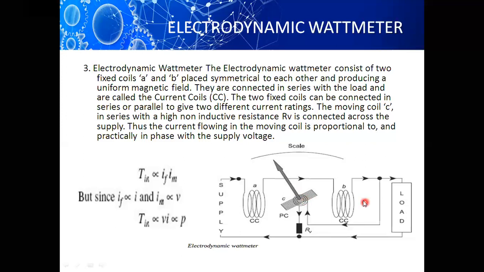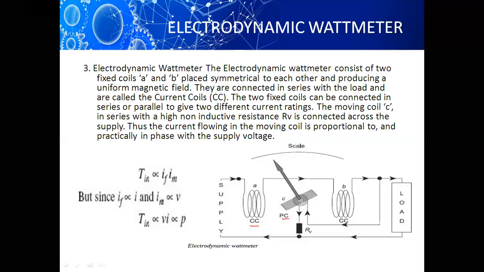Now, here we will discuss after completion of the circuit. We have understood the circuit here. We have understood how we are connecting. We see that the pressure coil is connected in parallel to the load, and the current coils are connected in series with the load, and the pressure coil branch is having very high resistance. The current coil branch should be having very low resistance. That's why the current coil is made up of thick wires. The pressure coil is made up of thin wires.